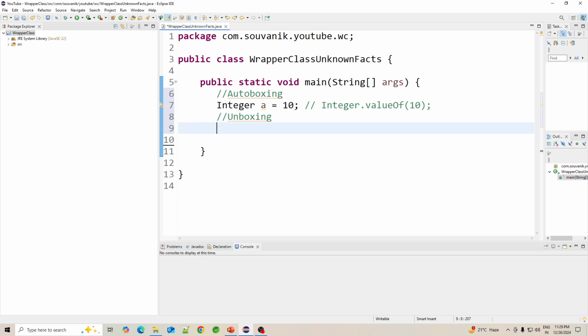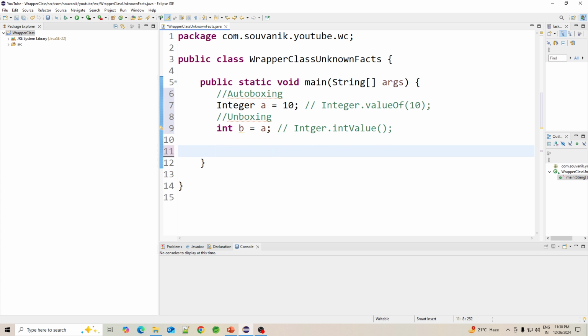Let's say I have one primitive value int b, and I need to assign the wrapper class object a here, right? So this is unboxing. Internally the Java compiler will do something like this: Integer.intValue. Because of this, unboxing is happening, right?